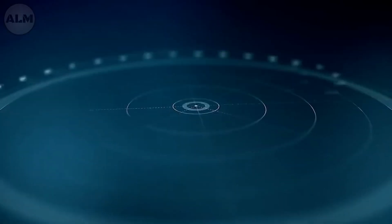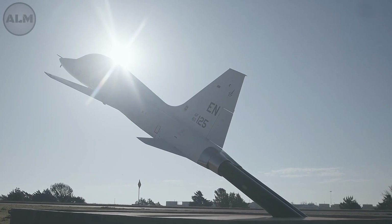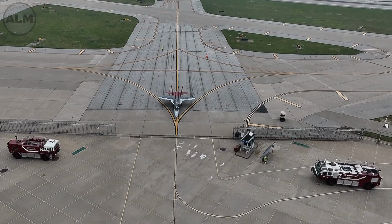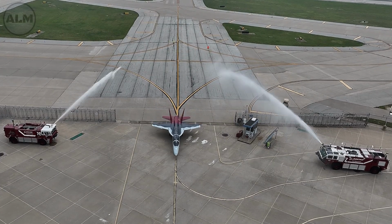As the US Air Force continues to evolve and modernise, the Red Hawk will undoubtedly play a pivotal role in shaping the future of pilot training and ensuring that the next generation of aviators are ready to meet the challenges of tomorrow. All eyes, it seems, are now on 2026 for its full introduction. As the old saying goes, watch this space,